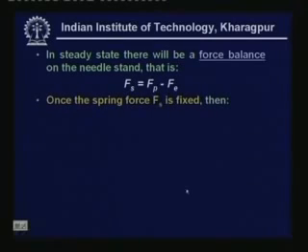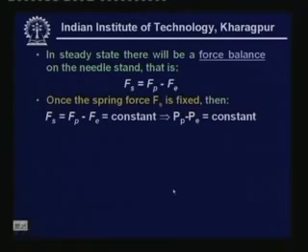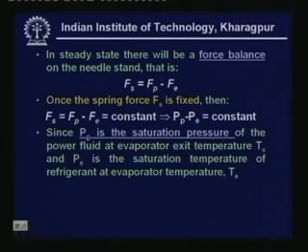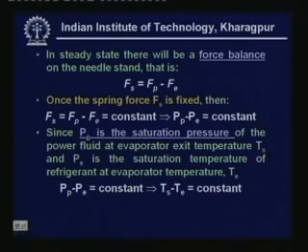Once the spring force Fs is fixed, then Fs is equal to Fp minus Fe is equal to constant. That implies that Pp minus P is equal to constant, because the area of the bellows remains constant. Okay, so once you set the spring force, then the difference between the downward pressure and the upward pressure will remain constant. Now since Pp is the saturation pressure of the power fluid at evaporator exit temperature Ts, and P is the saturation pressure of refrigerant at evaporator temperature TE, Pp minus P is constant implies that Ts minus TE